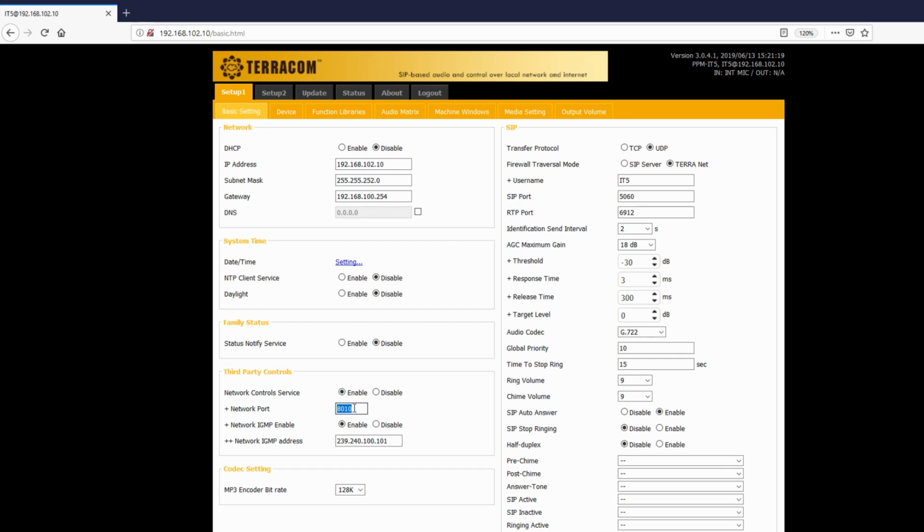Typically 8010 is suitable. This allows us to send a command to a single device and control a trigger function. For multiple devices to be controlled, use the IGMP Enable option, which means any other TERRACOM device listening to that particular IP address will react accordingly. For example, this is useful if you're looking to adjust the volume of multiple IP speakers simultaneously, or perhaps mute